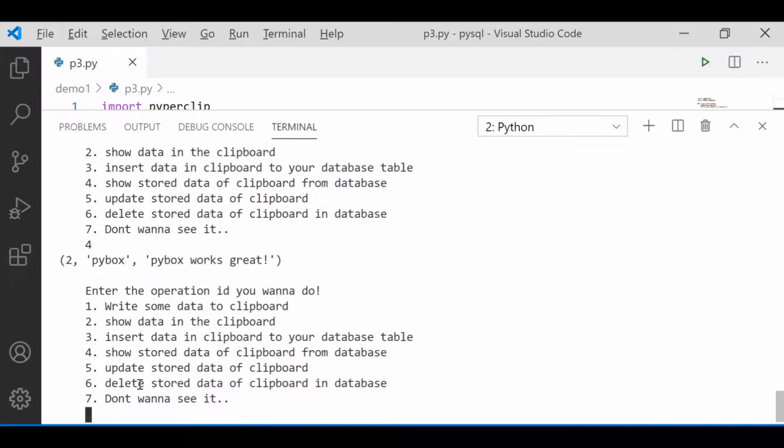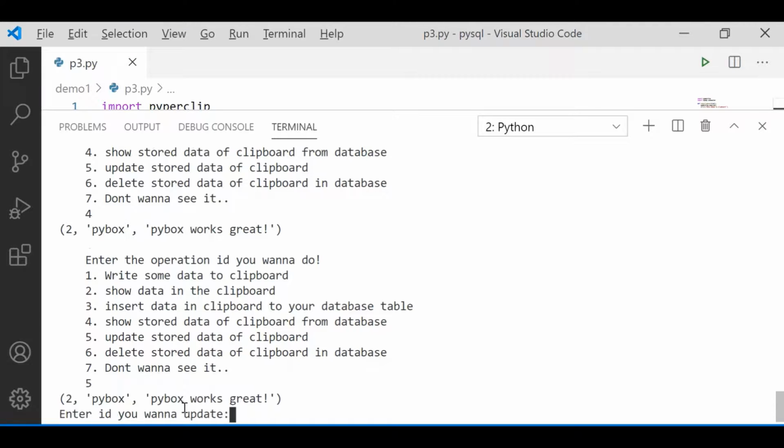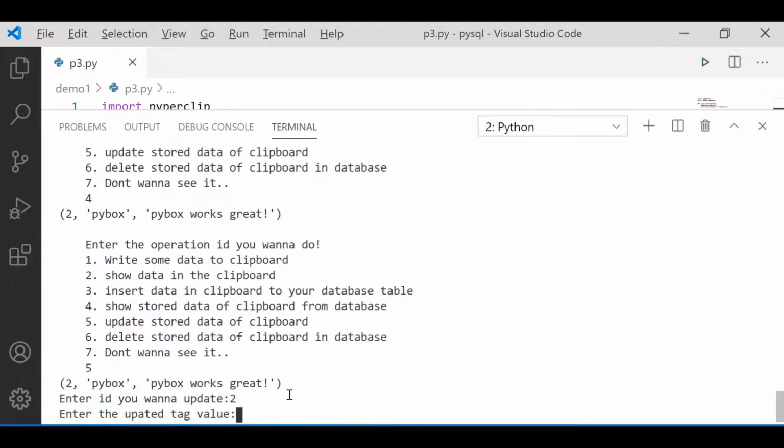Now in case I want to update this data, I am showing you how to implement CRUD operations with the same file. So to update the data, I will click on 5. Then it asks me for the ID, which is this value, so I will enter 2. It asks me the updated tag value. I don't want to update the tag value.